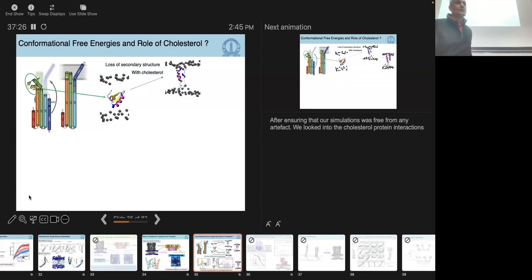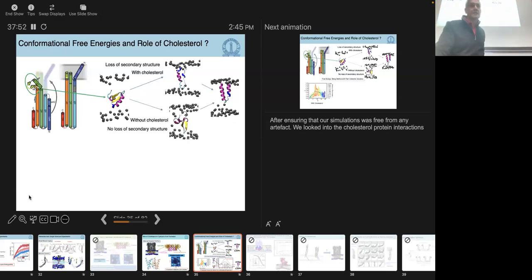Now, when you have cholesterol in the membrane, what you start to see is a spontaneous unfolding. It's going to unfold and refold, right? It's going to refold into that little motif on top, which is a helix-turn-helix motif. So when you have cholesterol, you see a spontaneous unfolding occurring in the membrane, and the final state is this helix-turn-helix motif, which again remains stable in the membrane, although we're looking at this single motif.